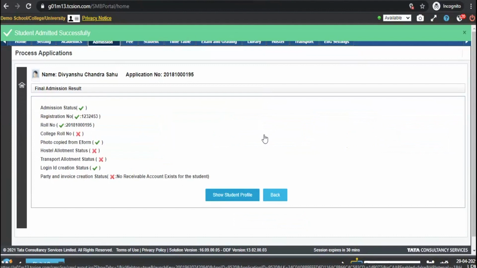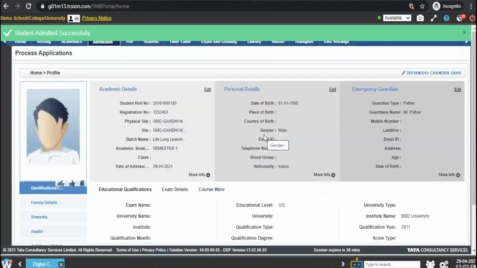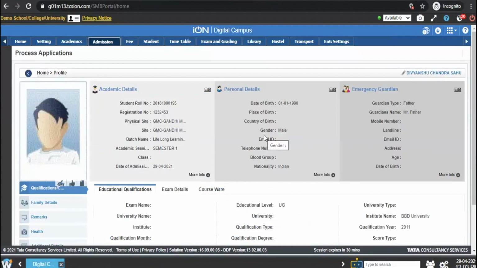And this login ID will be used by the student. This would be the same unique login credentials that were shared earlier while filling up the application form. The same registration and login ID creation would be done here. And the same login or user credentials can be used further to log in to the self-service pages or self-service dashboards that can be configured for the students. The student can log in using their unique credentials and view their entire details.